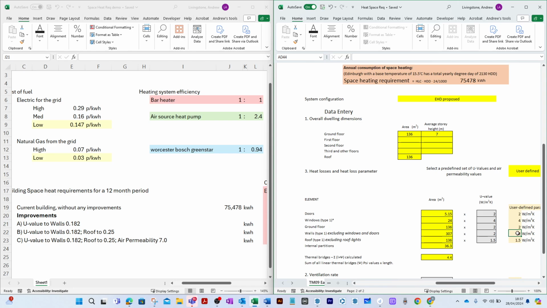Wall type there. I go 0.182. Then I can see that my space heat requirement has changed to 4,609.47. And then in addition to that, if I go to my roof, doors, windows, roof is down here,